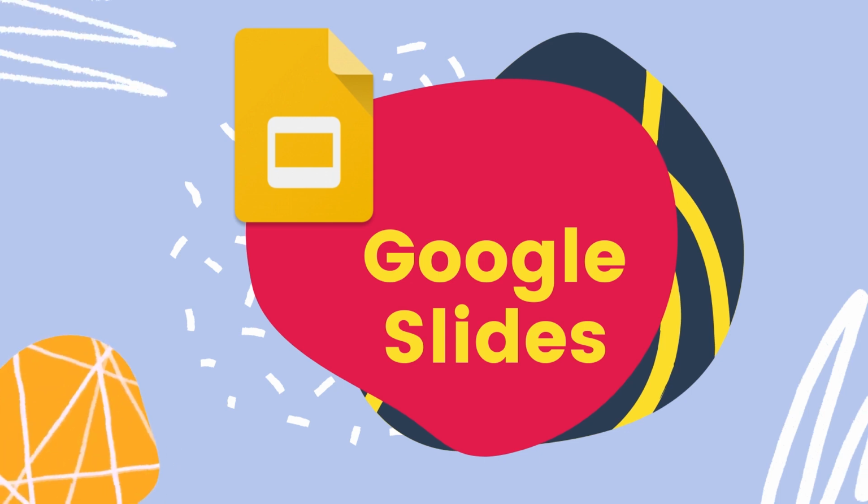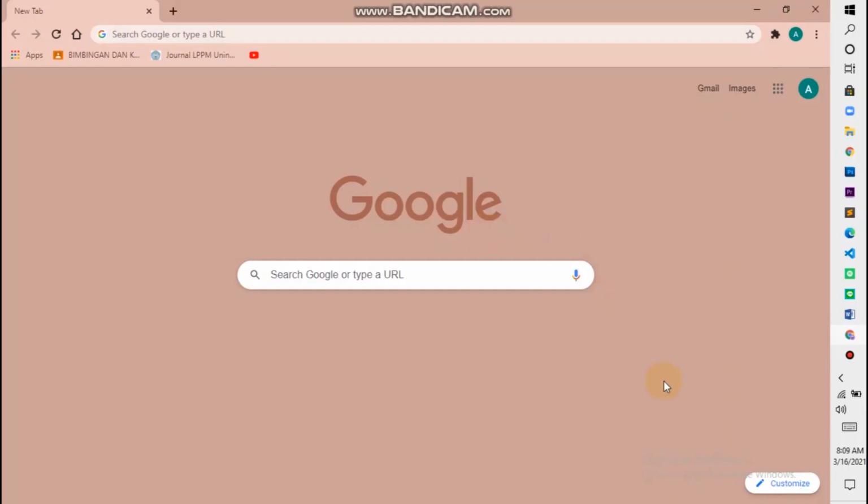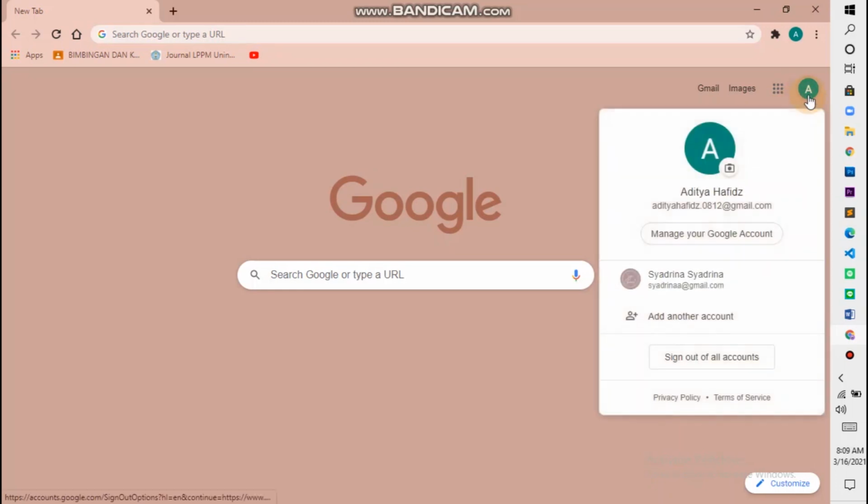Google Slides is a presentation program that's included as part of a free web-based office suite offered by Google. To get to Google Slides, we're going to have to open it up in a web browser, and we're going to be using Google Chrome. In order to use Google Slides, you need to have a free Google account, and you need to be logged in to access it. Or you can add another account,